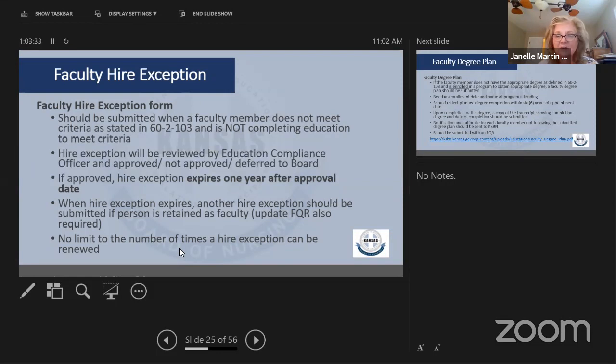One of the things I've seen on a couple of hire exception forms that I would continue to encourage, and I know not every person that you hire as an adjunct wants to go on in school, but some of you have people you've been using for several years now, and I know that you encourage them to go back and get their degrees because they make great educators. But just to also note that we do not limit that, but we do want you to be encouraging if you can for our future, so that we can get more educators.